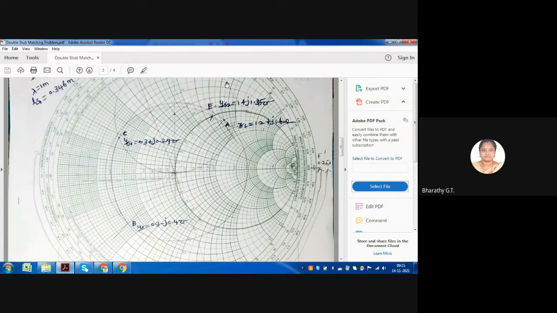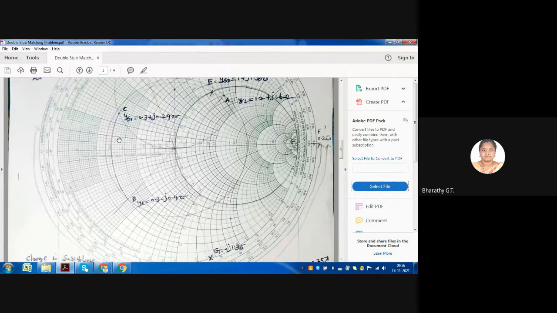Because we look at the intersection of two circles, we will have two solutions, because two circles will intersect at 2 points. Each point will give you one solution. Now here we have considered this point because this is the shortest point. To take the other intersection, we would have to travel this much distance. So this C is available nearby, so we are stopping at this point itself. Okay. So what is the next step?